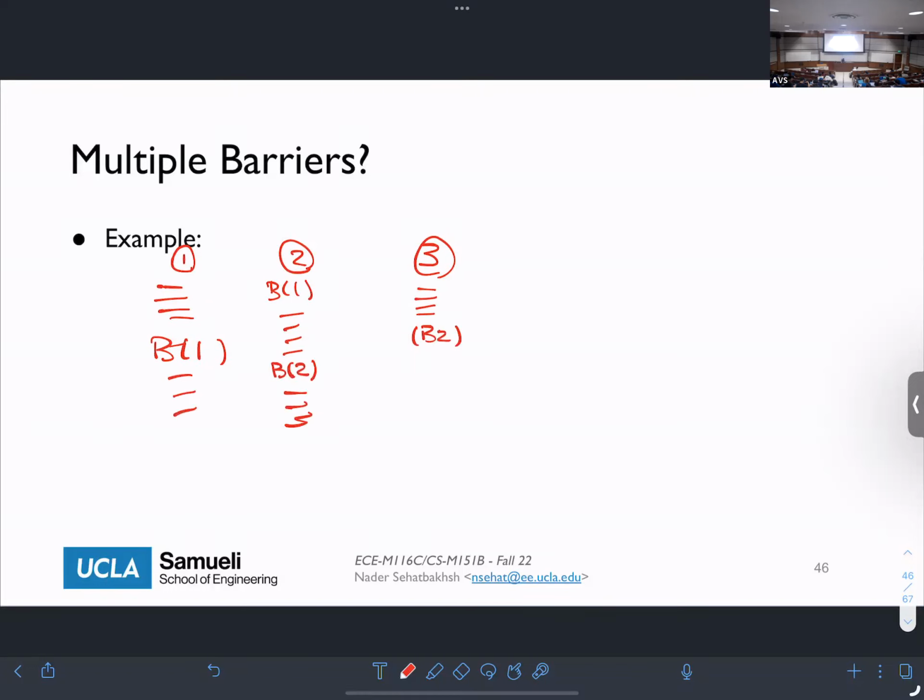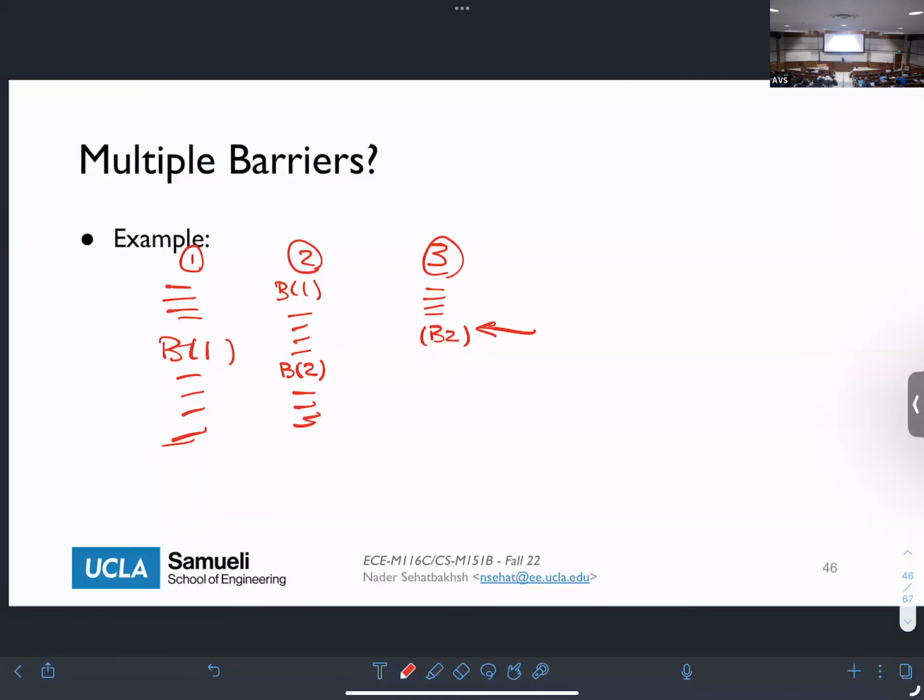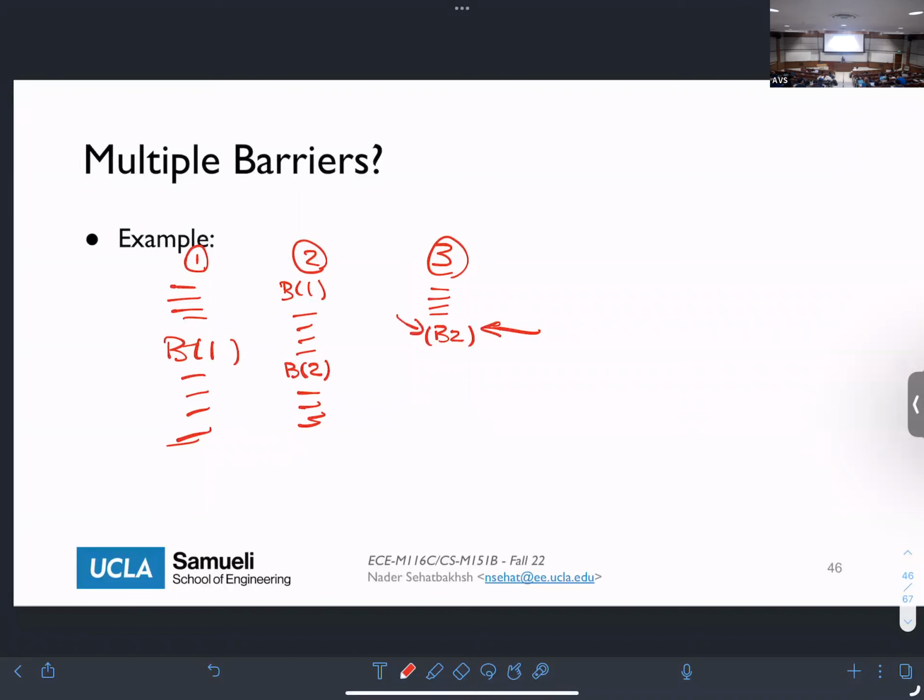So what this says is core number 3 can just freely execute instructions until it hits this barrier. Once it hits this barrier, it has to wait until all the other cores also reach barrier number 2. Core number 1 doesn't have barrier number 2, but core number 2 has. So it means that this next instruction can only happen when we are reaching this point in core number 2. For core number 2, we have 2 barriers. This first one says that you can start executing things in core number 2 when we are reaching this point in core number 1.